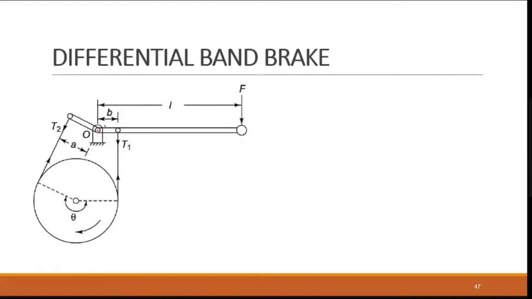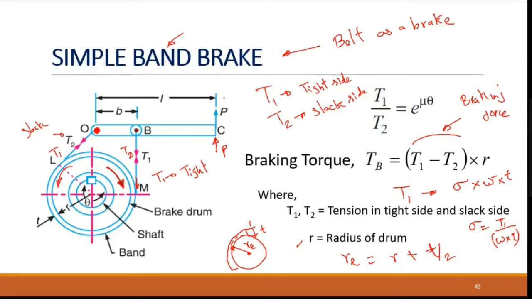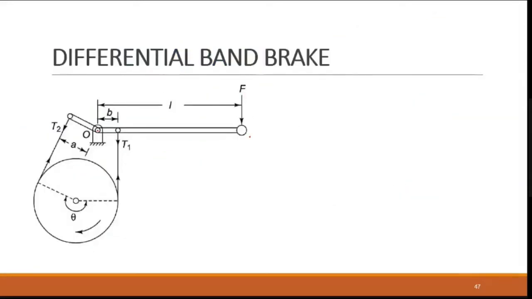So when you add this extra lever, what happens? Your force will be in the opposite direction. Usually you will be applying force here towards upward. You can see your previous slide. So the force is applied upward to apply the brake. Here, you can apply downward. As a lever principle, when it comes down, this comes down, so this will go up, which will apply the brake. So based on that principle, you are able to get this brake.